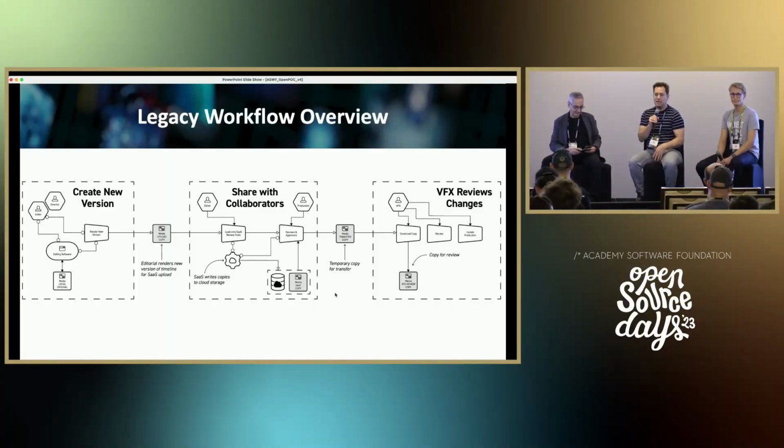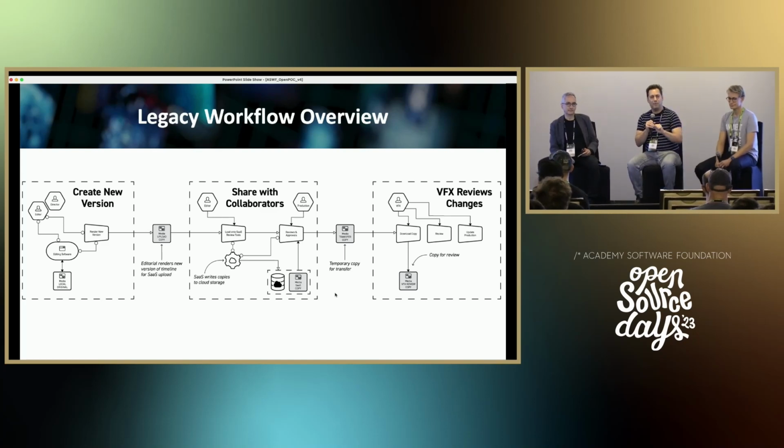So before we go to the newer model, we want to talk about the current way of working. So current way of working is I'm working locally. I work with the director. I get a new version. That new version is rendered locally. And then you have a whole variety of review tools today, Moxion, Frame.io. There's a copy that's made. That copy's made to the SaaS service, so there's a second version that's there. I can review that, but in most of the VFX review current workflows, there's another copy that's made.